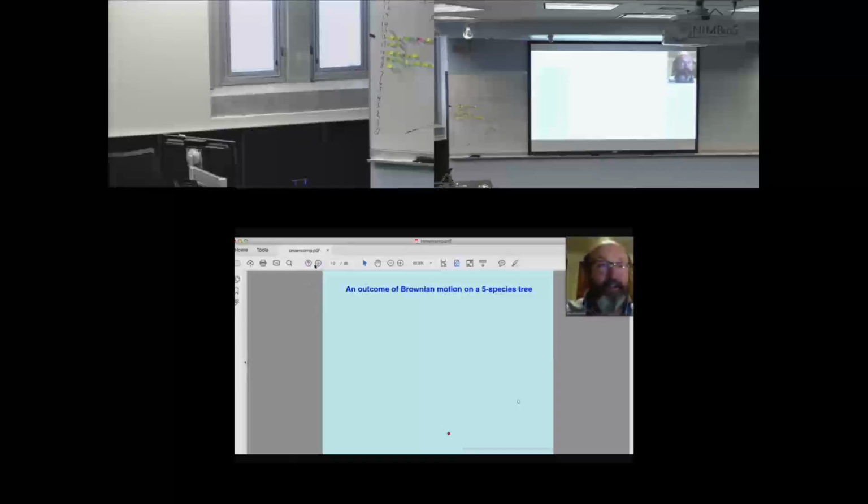This is not real time, but we're going to start from, this will be a 5-species tree. We're starting from the point at the bottom here. We have a speciation, and then each of the two lineages undergoes a simulated Brownian motion. I simply drew a lot of little normal steps and added them up, but you see the individual steps here. And now you get to 2 species, and we're going to have speciations occur there. So we've had them on both the left side and the right side.